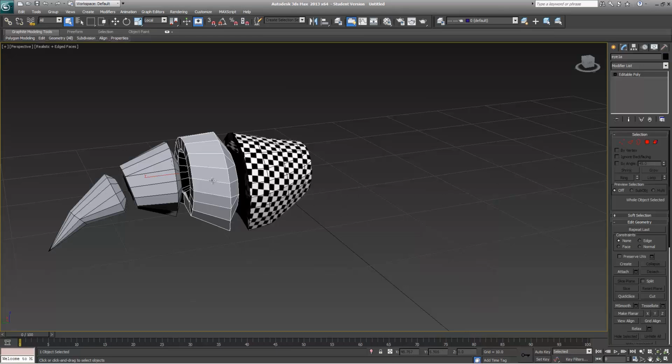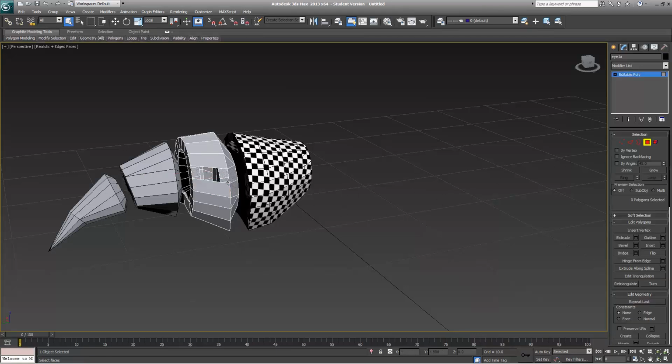If we go into polygon mode, pressing 4, deleting this polygon. If we press 1 and press Shift W, we can now target weld the vertices with our shortcut. We can press 4 and select this polygon, press Shift F, and with our settings inset the polygon by the